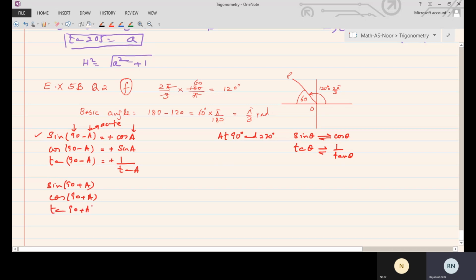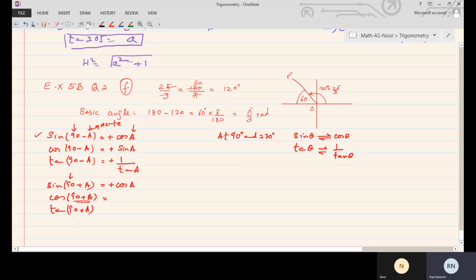But when I take 90 plus A, adding an acute angle to 90, you will go into the second quadrant. Then in the second quadrant sine will give you a positive answer, and at this 90 degree sine will change into cos, and cos will be written with the acute angle. Alright, for cos, the first thing is we'll look into the angle as we discussed that it would lie in